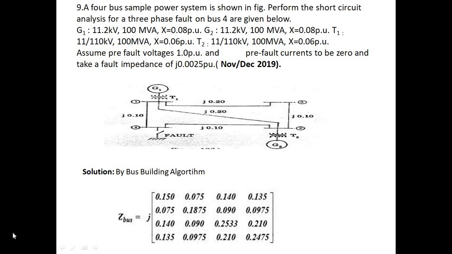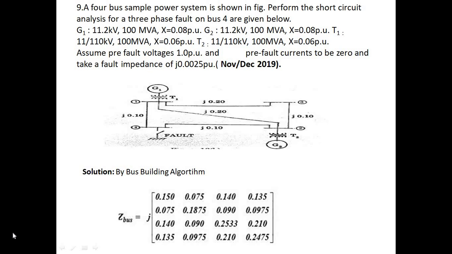The reactances connected are j0.20 for generators 1 and 2, and the fault is j1.0. The transformers have the same value of j0.10. By the algorithm, Z bus is a 4 by 4 matrix: 0.150, 0.075, 0.140, 0.135; 0.075, 0.1875, 0.090,